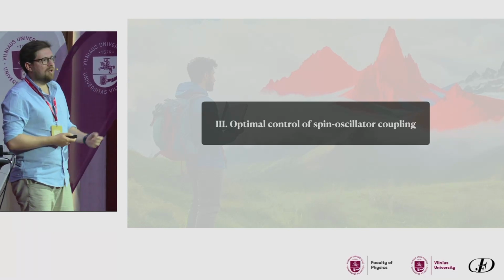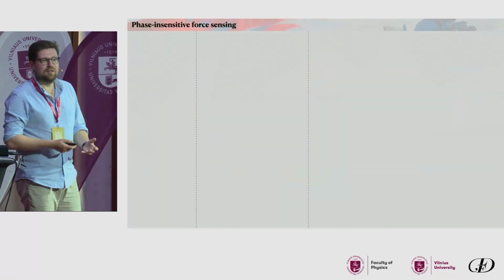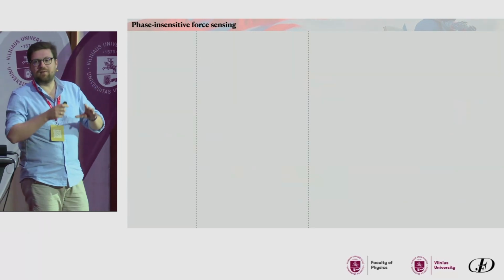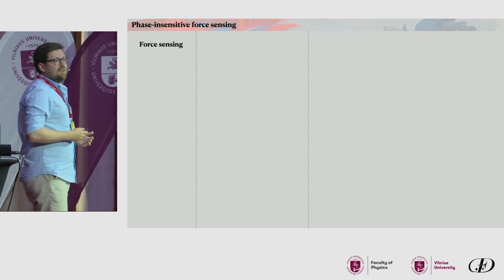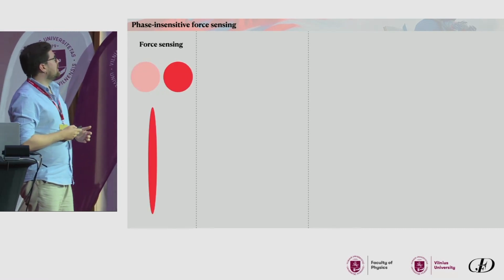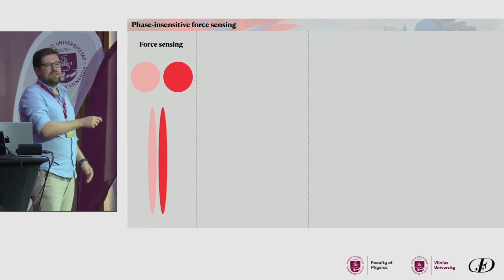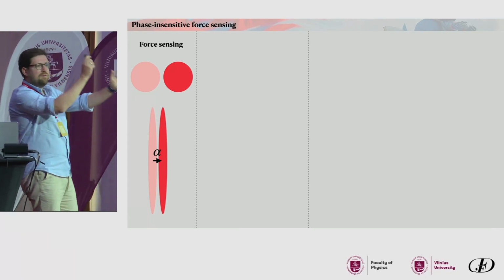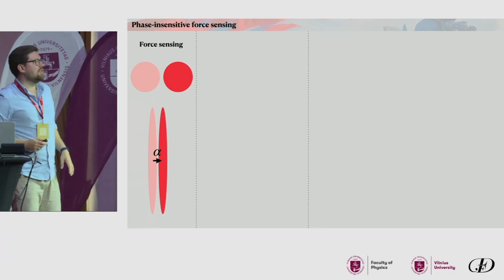So we asked the question whether we can optimize for some specific tasks. In both yesterday's and the day before's talks, we heard about some stuff about quantum metrology and some specific tasks. So we are interested in force sensing. It's known that if you would like to measure some displacement in the phase space, you can squeeze your state so that you improve the accuracy, because you have these very fine phase space features that enable you to distinguish the state better.